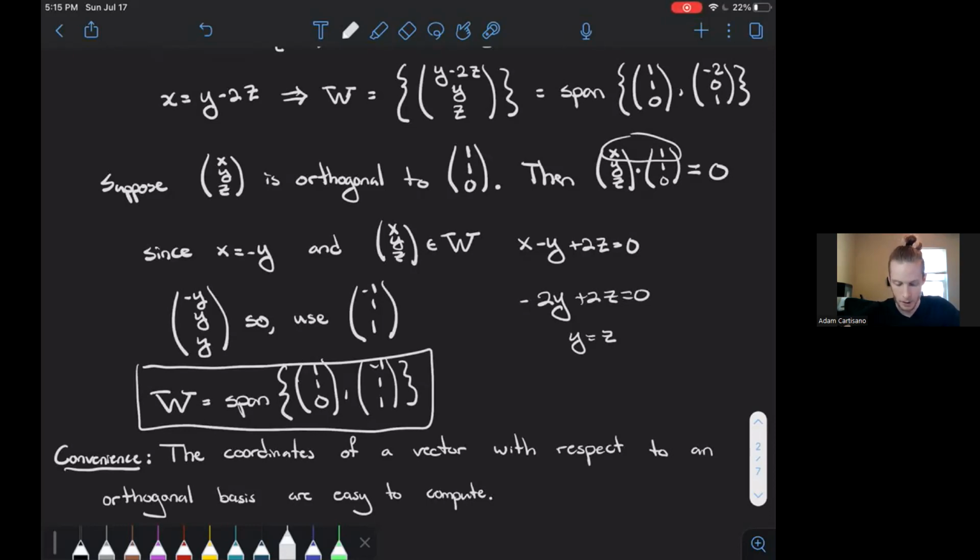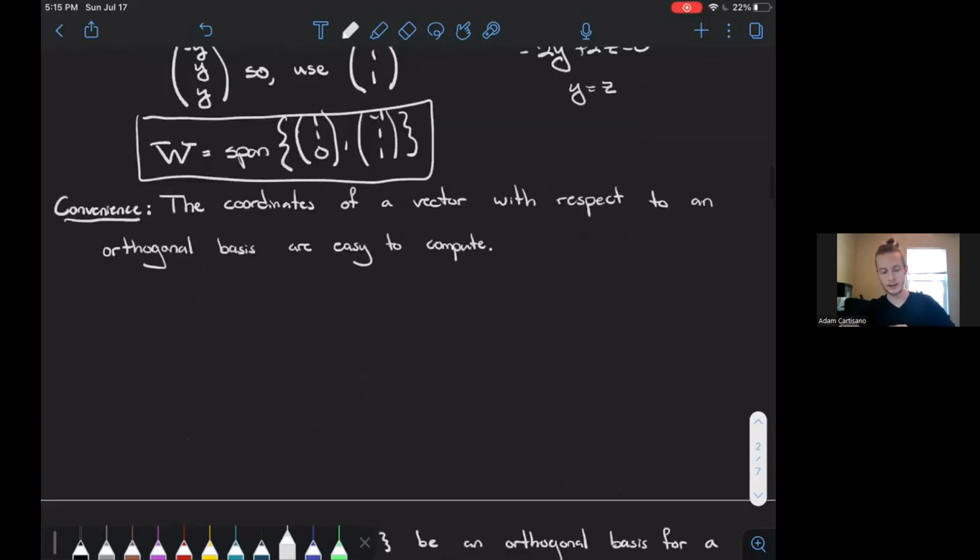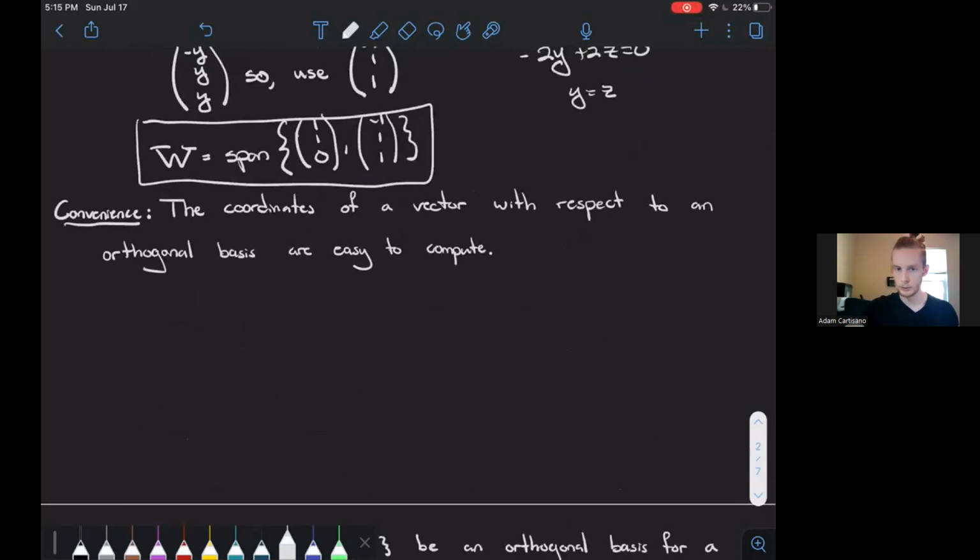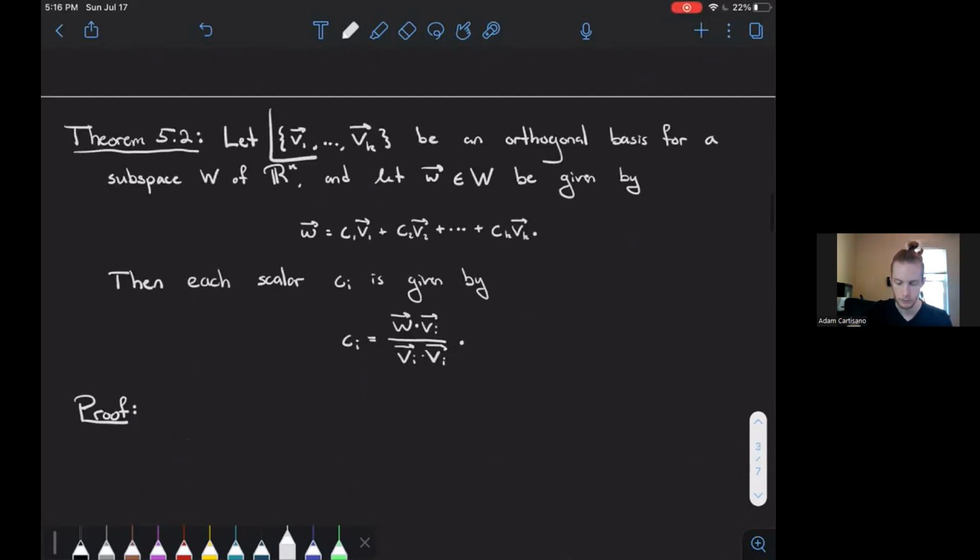So, yeah. One consequence of this, by the way, is that the coordinates of a vector with respect to some orthogonal basis are going to be very, very easy to compute. Consequence of just having an orthogonal basis. That's actually stated as the next theorem, and it's a very nice theorem. Basically says, okay, suppose you have an orthogonal basis for a subspace W in Rn, of course, and let little w be the unique linear combination of the basis vectors and so on, right? Okay, we can compute the scalars of that linear combination, which are the coordinates of w inside of big W,